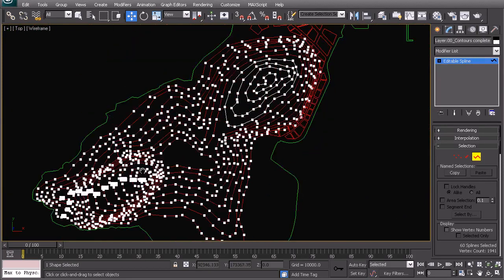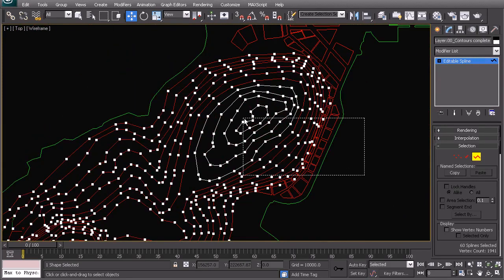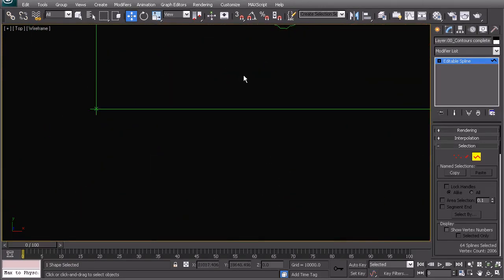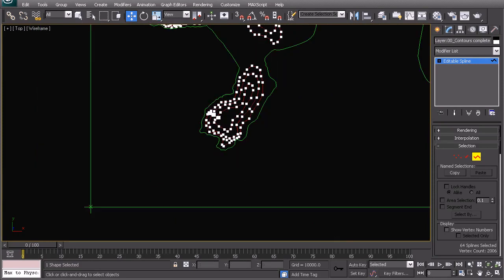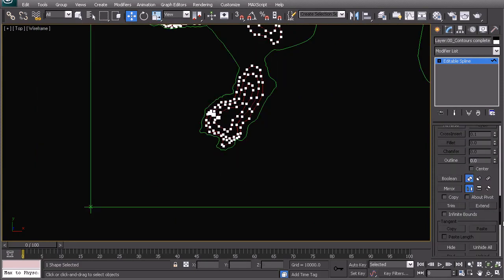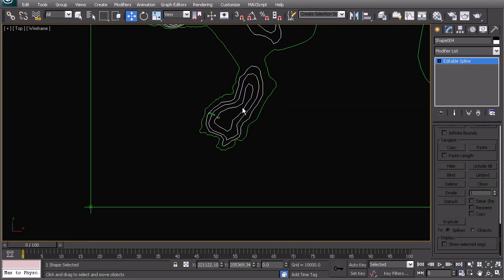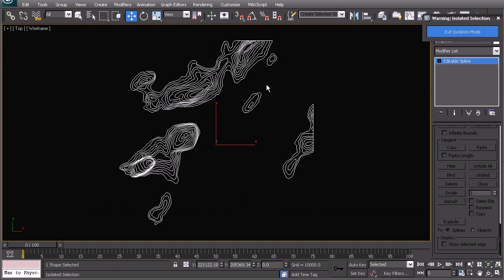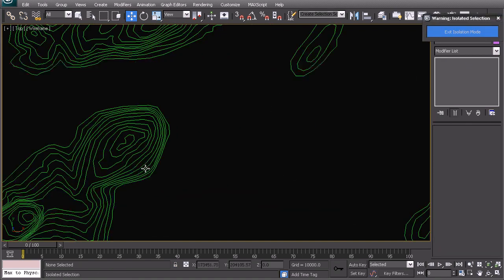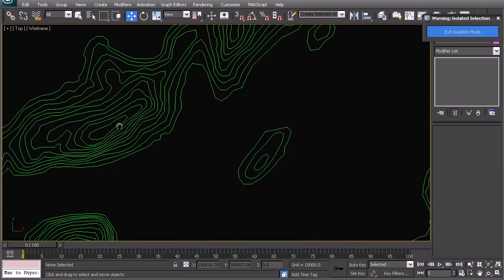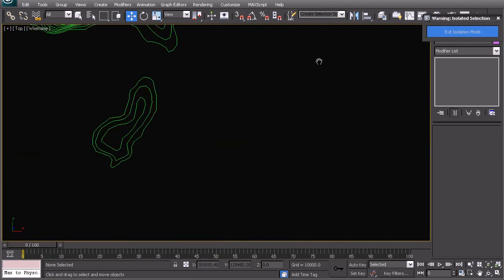Right, if you are sure that you've selected everything, which I hope we have, then you can detach that. Go further down the list. And if you extract that just to make sure, then you can re-inspect and make sure that you haven't accidentally left in any